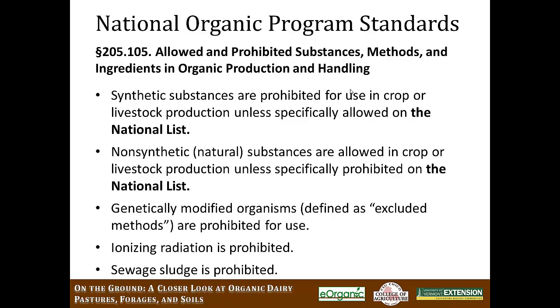And genetically modified organisms, or GMOs, are prohibited for use entirely, as is ionizing radiation and sewage sludge. So when materials are being reviewed to see if they're allowed for use on an organic farm or not, this is the general framework that certifiers or farmers need to be using to figure out if the stuff is allowed